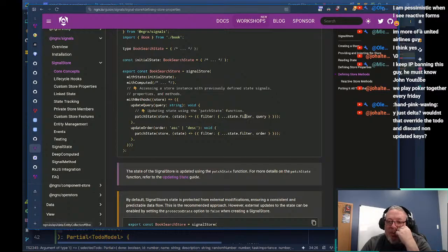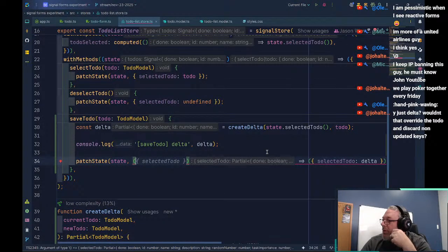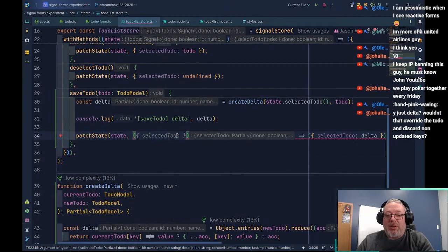I guess we're using a partial here. It won't do a deep state partial. That's the problem. I think you're right, Johanderson. I am providing a partial here, so we're patching the state.